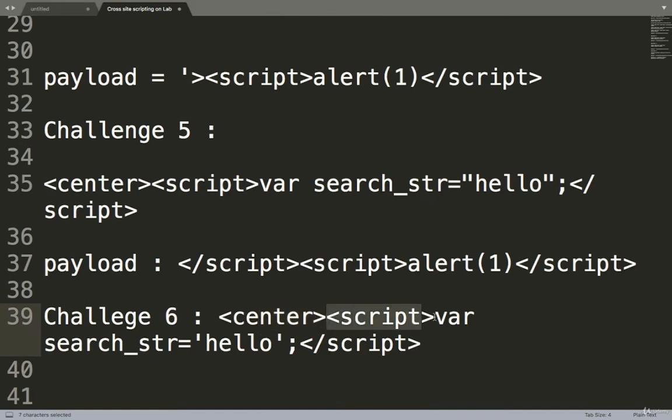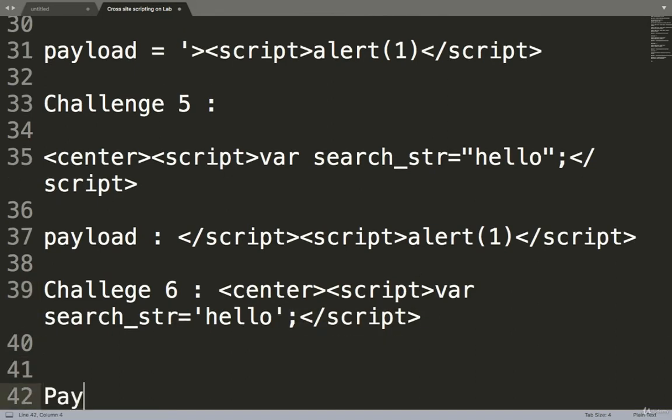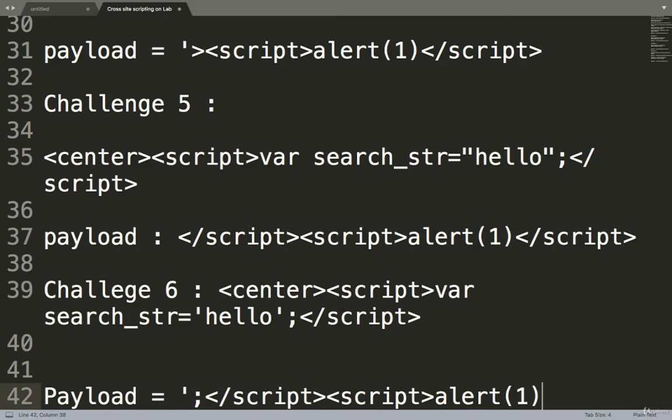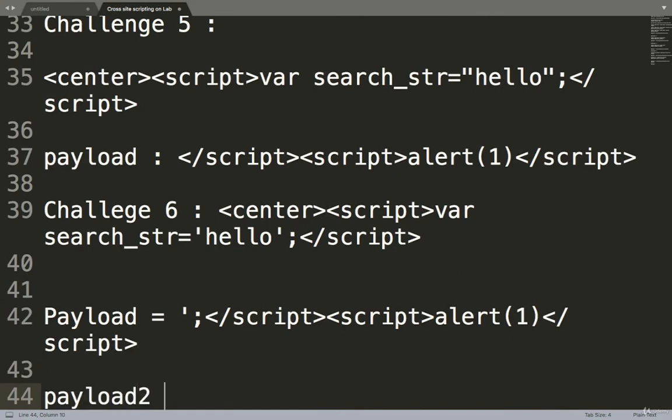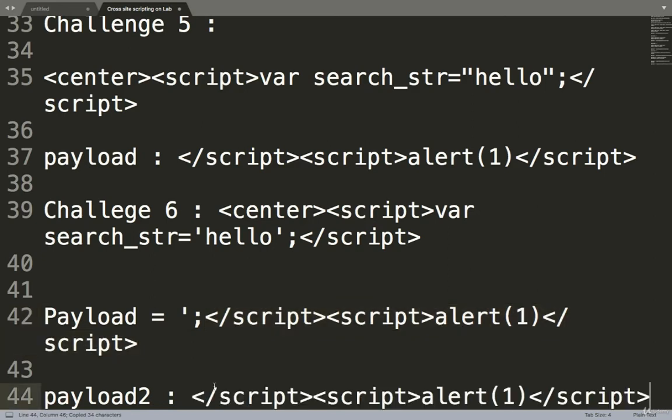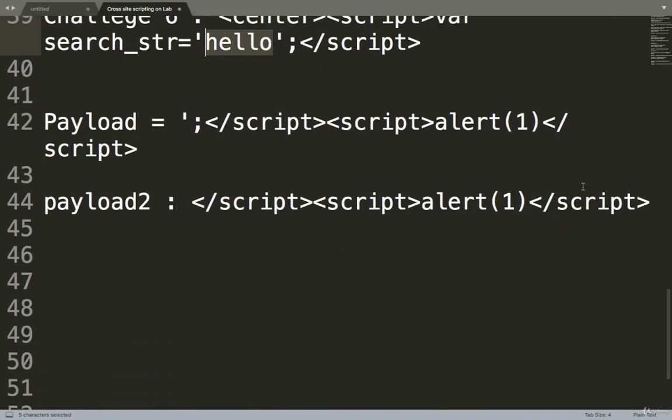script tag and some variable. You can either use this or you can just directly close your script in the payload. You can either use this, closing directly with the script also, and you can start your script alert 1 and script tag close, or you can just do this. You don't require a single quote or semicolon to do this. You just directly close the script, so it will directly get closed here only, then hello here only, and then we can execute your code and we don't care about the other part.